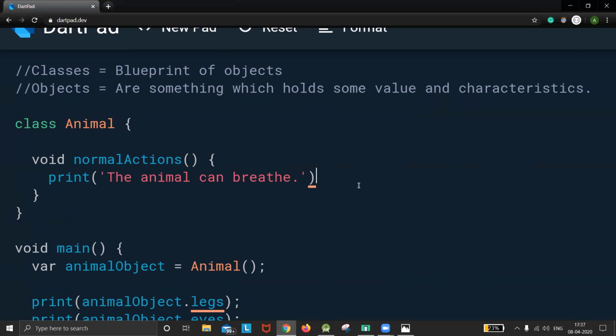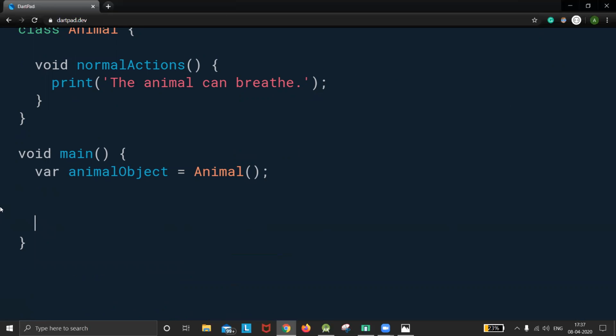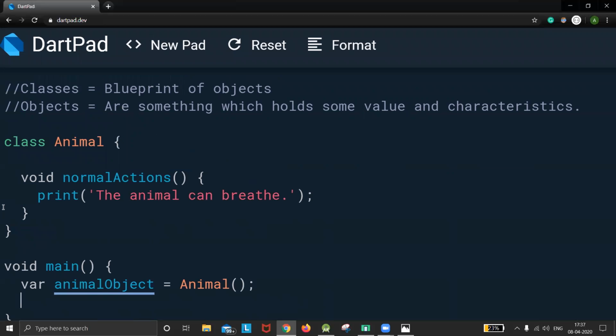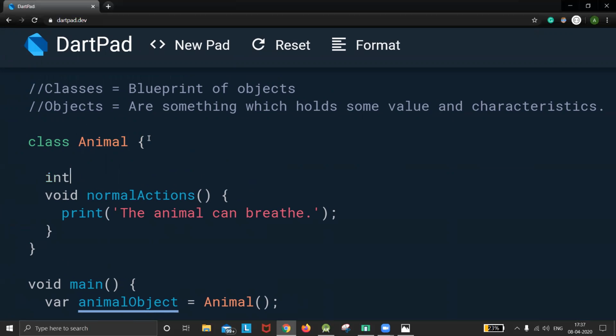Okay, so by doing this, what we are saying is that our animal can breathe, and it's an abstract property, right? Each and every animal can breathe. Now according to that, we have to take the input from the user, so that we can make our animal class much more user friendly. So now instead of taking this class animal, I have to take the number of legs from the user himself, right? So what I will do is make a property over here, int number of legs,